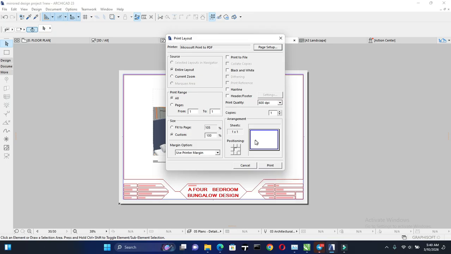Now it's going to bring up this and ask us what title we want to save it as. So I can click a default place and just say test